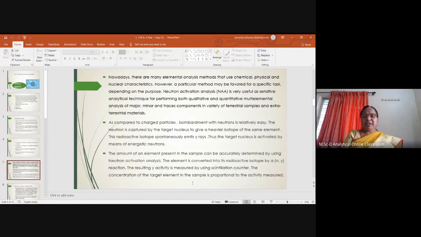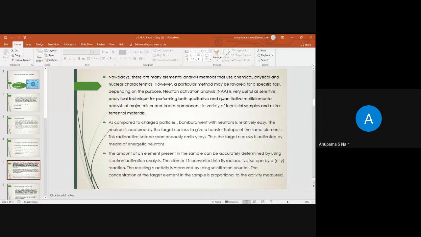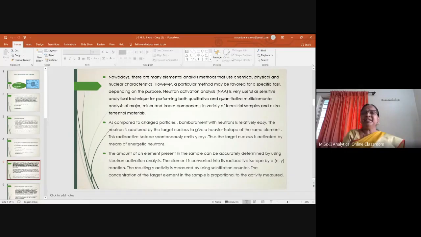समजलंय? How we can determine the concentration of the target element in the sample? By measuring the radiation emitted by that sample. काय समजलं का नाही समजलं? Yes, ma'am. म्हणजे जेवढी रेडिएशन इमिट झालेले आहेत ते सिंटिलेशन काउंटरवर तुम्ही डिटेक्ट केली आणि these radiations emitted by that sample are directly proportional to the concentration of that element in the sample, and from that we can determine the concentration of that particular element in the given sample. Then